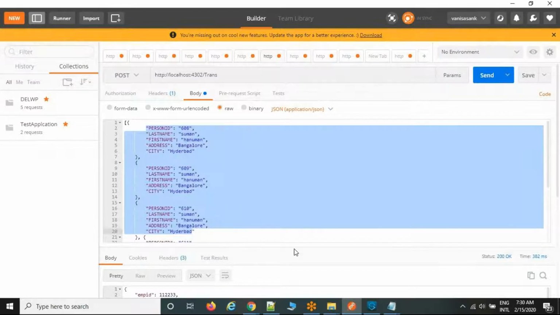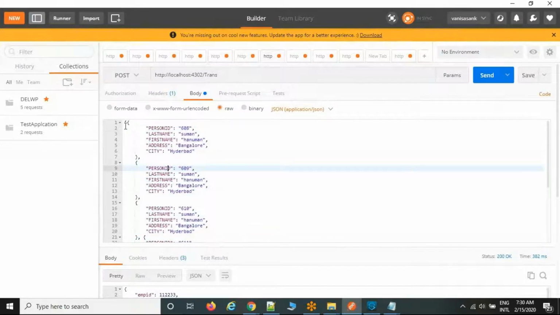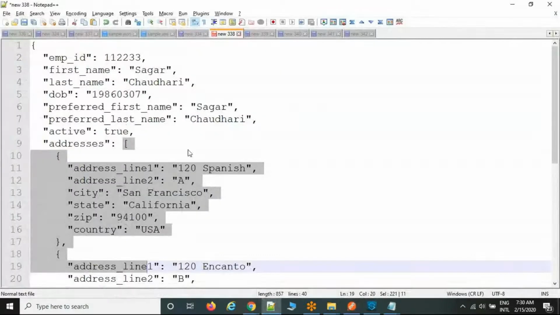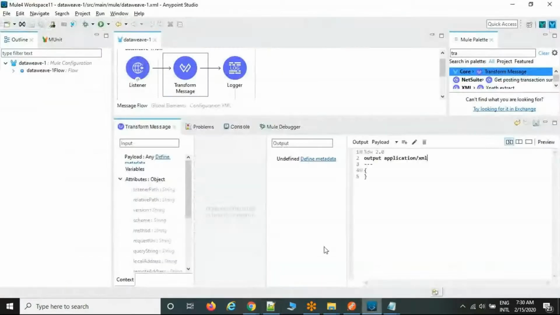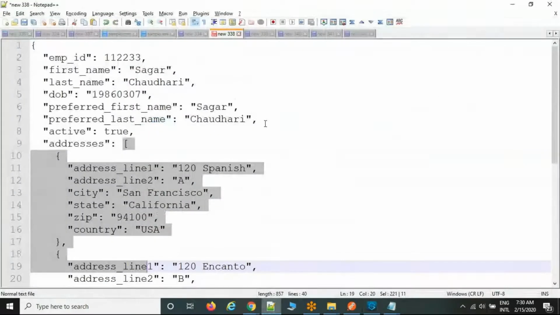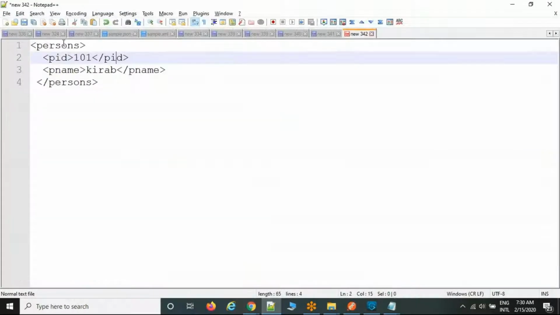And what about the type of file? Is it an array or a single object? This is an array only. Now I'm going to apply the map operator. There is no root element. Now what is the target system, which we are going to transform into an XML file? What is the structure of the XML file? This is the structure of the XML file. But without a parent, without a root element, we cannot convert to XML. This is XML behavior only.